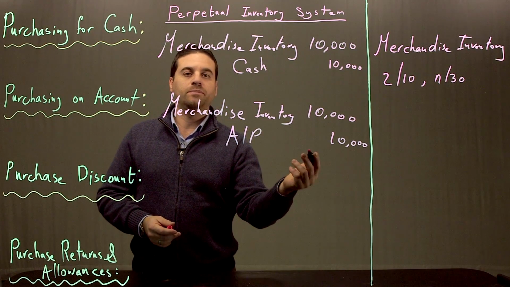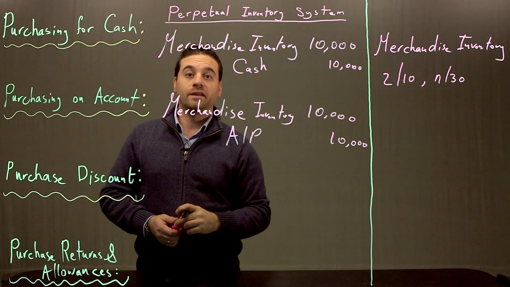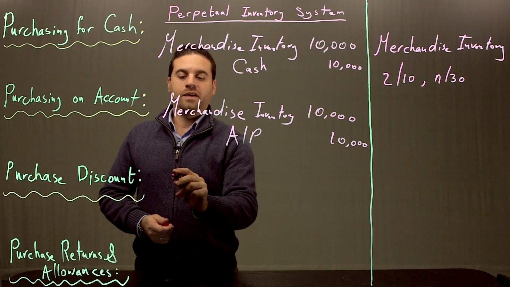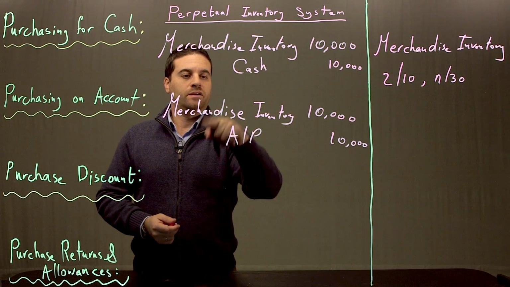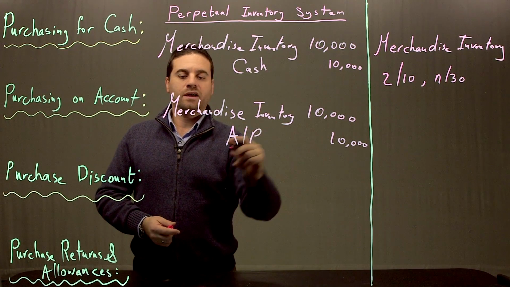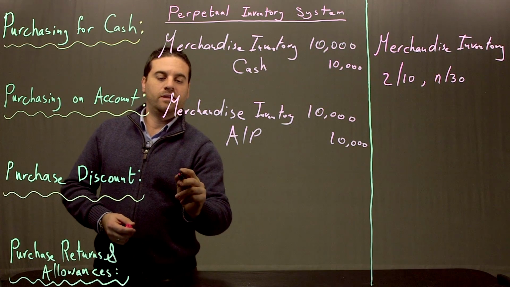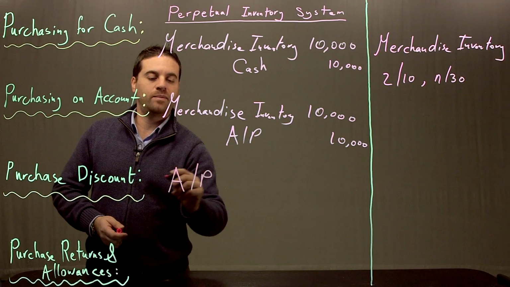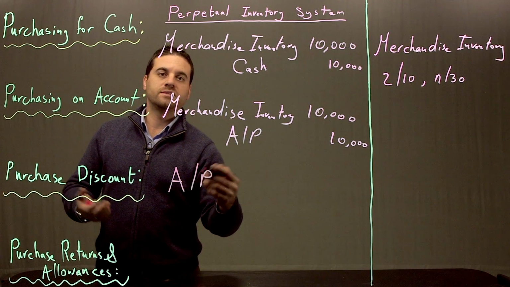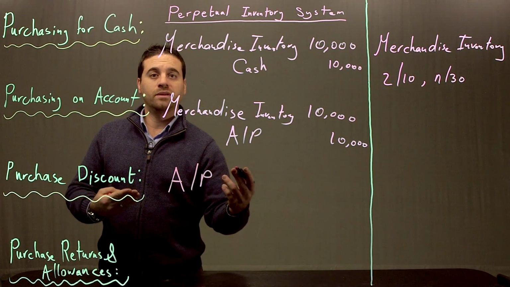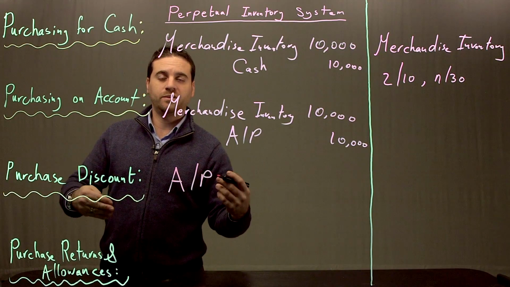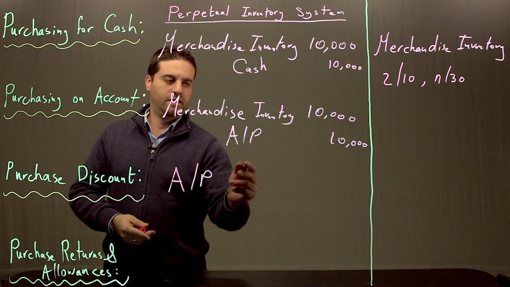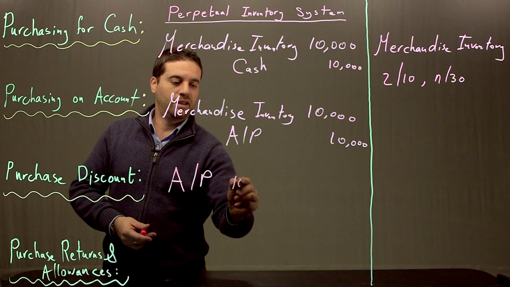So let's say we paid for that inventory on day 9. We get a 2% discount at that time. So it was merchandise inventory, accounts payable 10,000, and the day we paid for it, our accounts payable has to decrease, so that will be a debit to accounts payable, because if you paid for it, then you don't owe them money anymore. Decreasing a liability is always a debit, okay? And then we're gonna decrease it by the full amount,